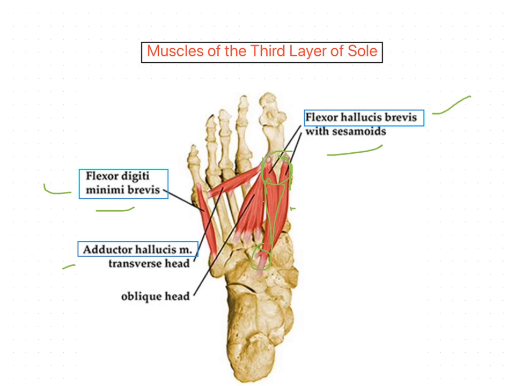Now we will move on to the adductor hallucis. This muscle arises by two heads: the oblique head and the transverse head. The oblique head arises from the bases of the second, third and fourth metatarsal bones. The transverse head origin arises from the plantar ligaments of the